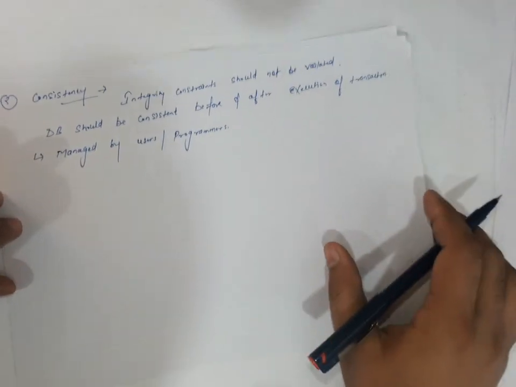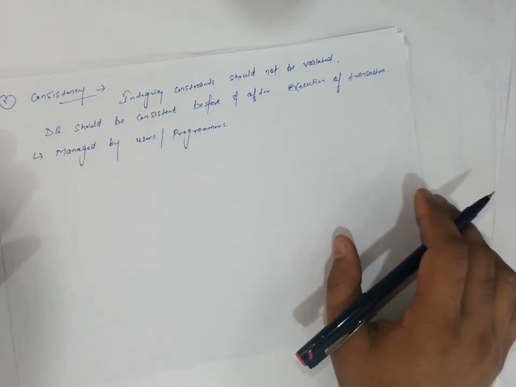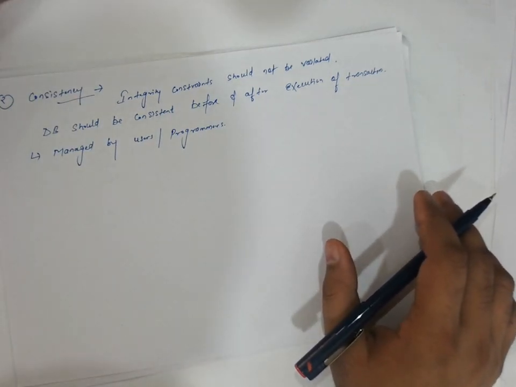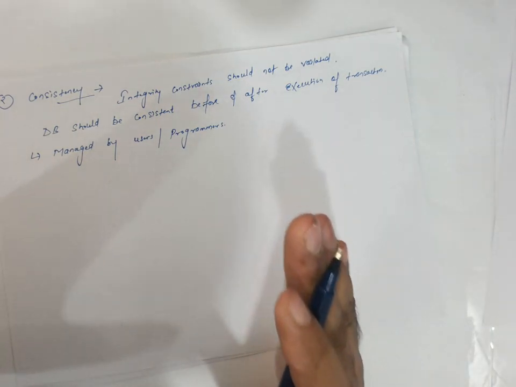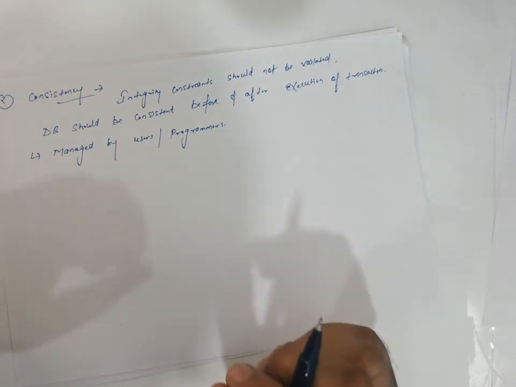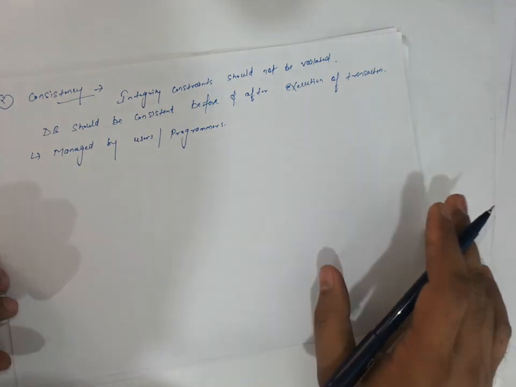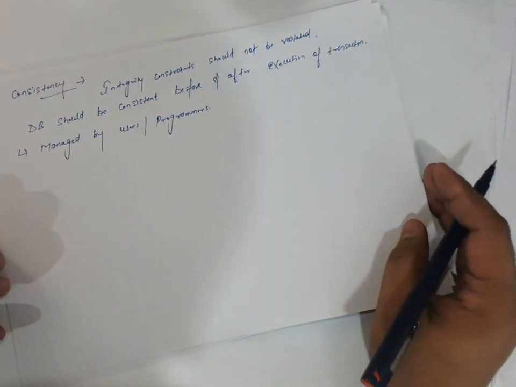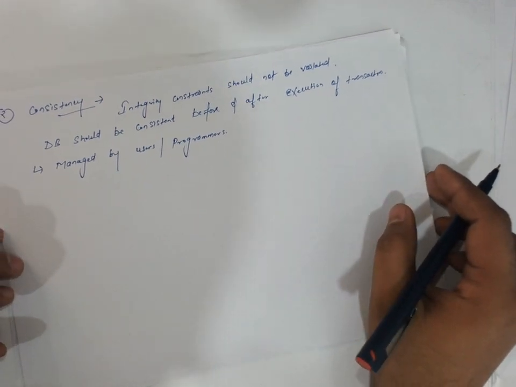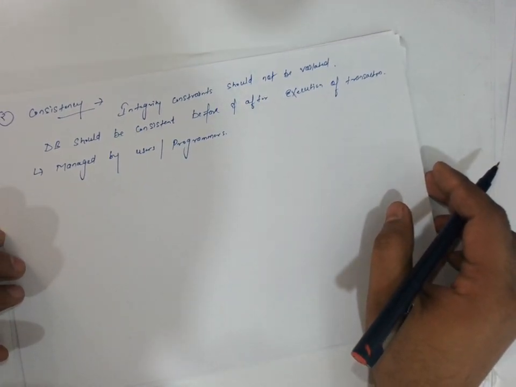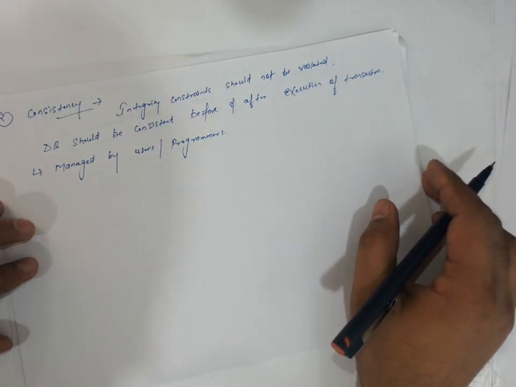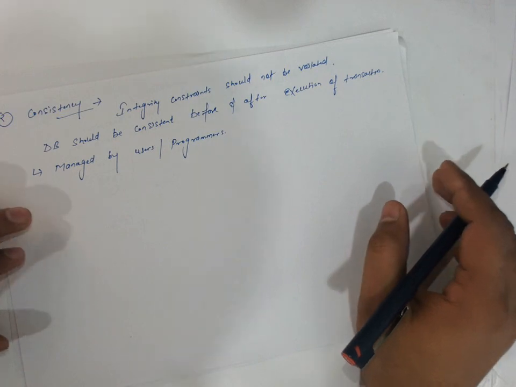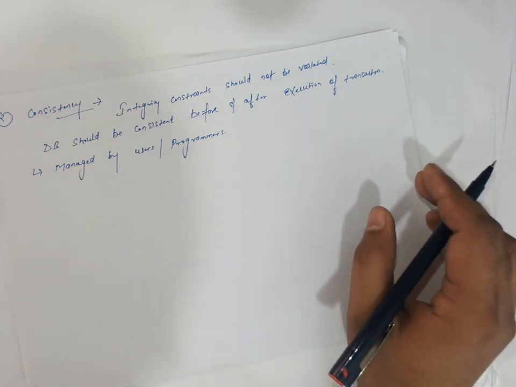The second property is consistency, and the consistency property means that your database must be consistent before and after. Whatever you are trying to execute, whatever amount you are trying to withdraw or deduct, your before and after image should be similar or consistent. So how can we do this? We can do this using the integrity constraints. We have already covered the integrity constraints in the previous lectures.